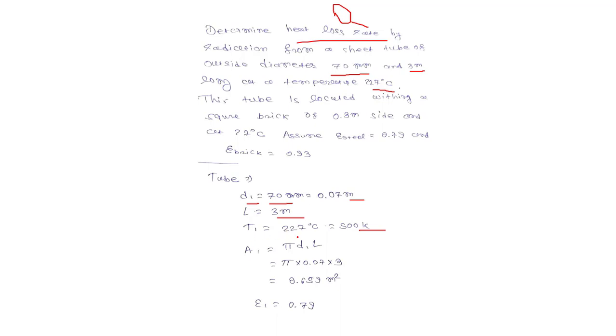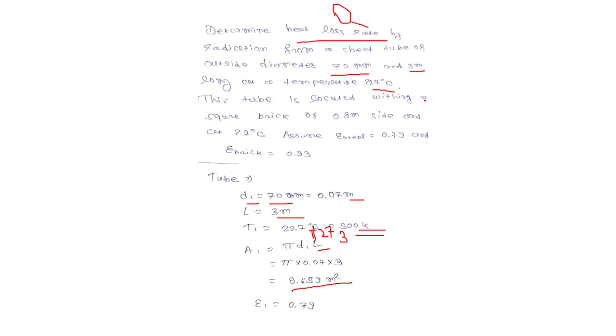T1 is 227, so by adding 273 to Celsius we get Kelvin 500, and from this we can calculate the area of that cylinder. A1 is pi d1 L, or we can write 2 pi r into length. So we are getting area 9.659 meters square, and